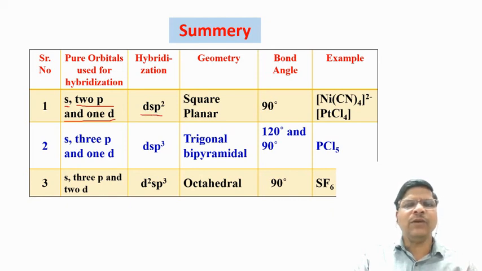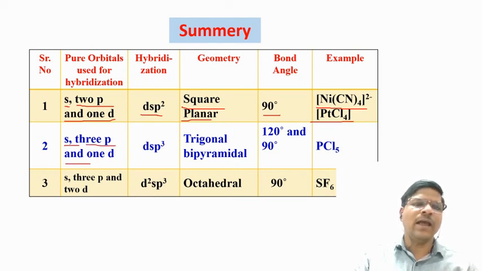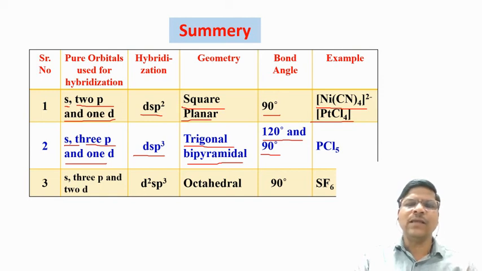Hybridization is dsp2, geometry is square planar, bond angle is 90 degrees. Examples are the Ni(CN)4 2 minus complex ion and the PtCl4 2 minus complex ion. The second: 1s orbital, 3p orbitals and 1d orbital, dsp3 hybridization. The geometry is trigonal bipyramidal. Two types of bond angle are observed, 120 degrees in the trigonal plane and 90 degrees between the trigonal plane and the vertical axis. An example is